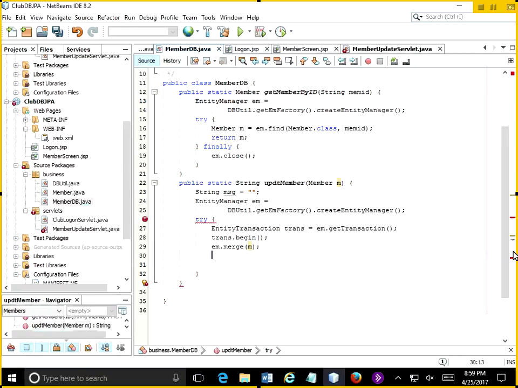So we're only updating a member that we assume is already being managed by the JPA. So we're going to merge that member object back into the database, and if all goes well, we're still in the try block, we can do a trans commit. So we can commit that transaction, and our message will just be